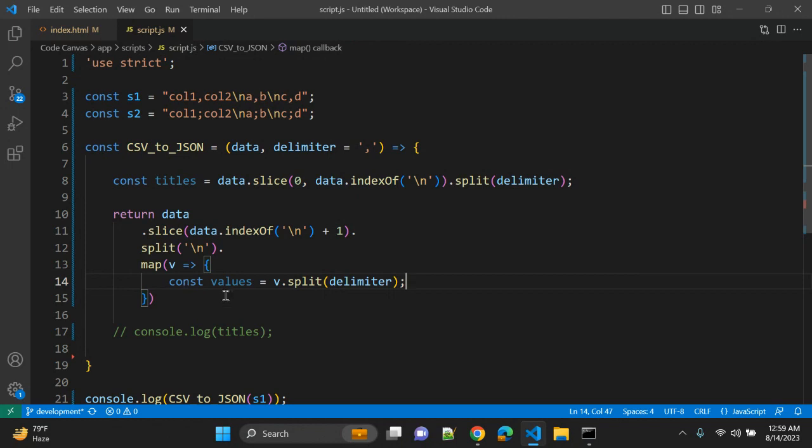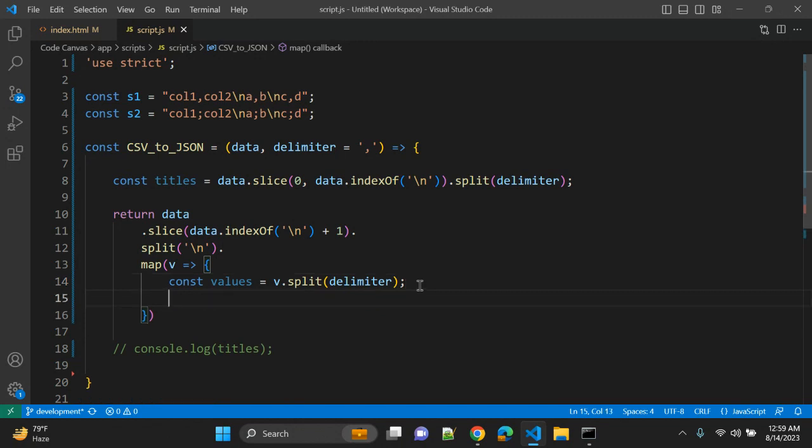So this value will be a and b because the delimiter is comma. So in this constant we will find a and b, c and d. Okay, so this is our values constant, and you can again return